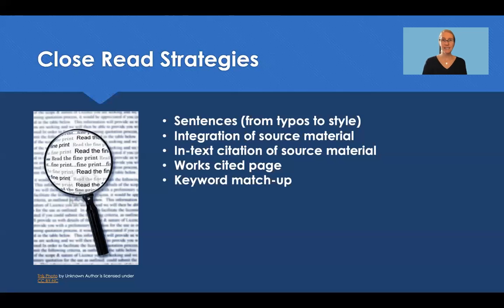Also looking for in-text citation, and if it's there, if it's not there, if you think it should be there, is it accurate? Looking at the works cited page, don't ignore that. Right? That's a really important part of the document. Are all of the sources on the works cited page cited in the paper? You could use that great Command F and use the find feature in Word to do a little bit of checking for your author and see, right, I'm going to choose 5 out of the 10. Are they all there? And let them know if you can't find them or they're not matching up. And then the keyword, are they matching up between the works cited page and the in-text citation?